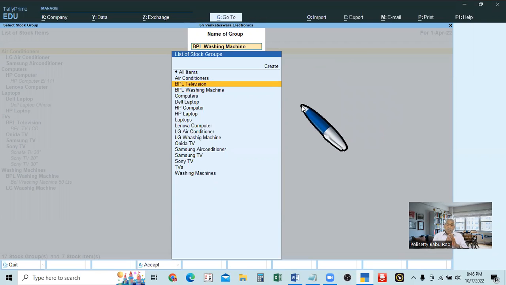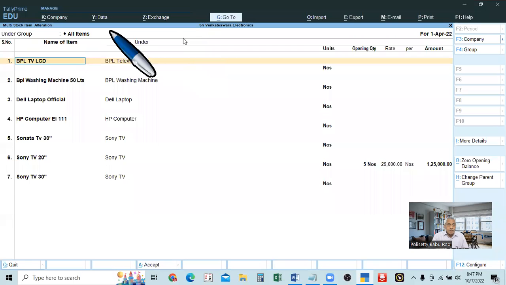And next one is multi stock items. Multi stock items means stock items under many groups, under all the groups, we will take all the stock items. We can alter any stock item we want. In such case, we have to take all the groups. That's why here you see all items you have to select. If you select all items, then all the stock items, all the groups, all the units, all other details are displayed here. In this case also, whichever you want to alter or change,